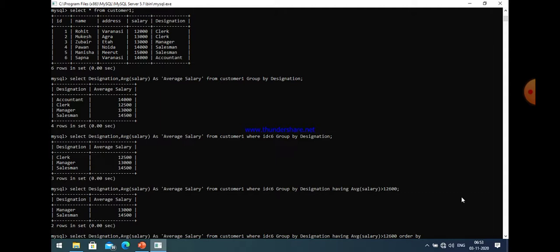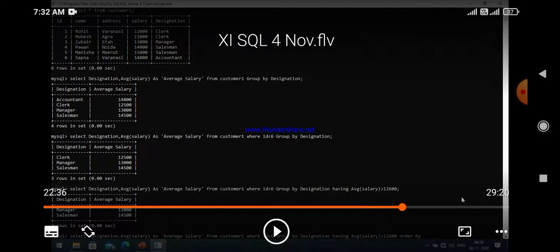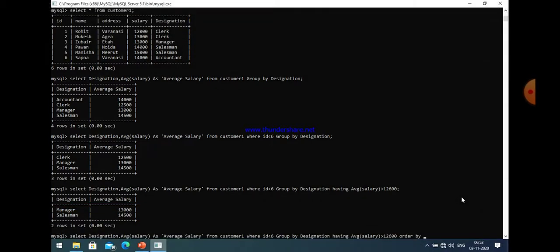So here, if I want to put the data in ascending or descending order, we can use order by. Suppose I want to arrange the data according to designation in descending order, so I write order by designation, and for descending order I write DESC.